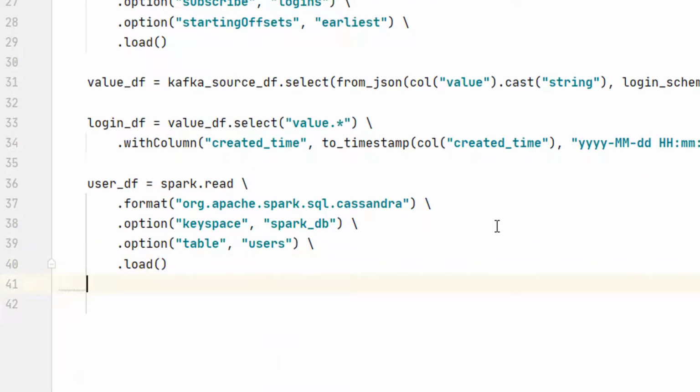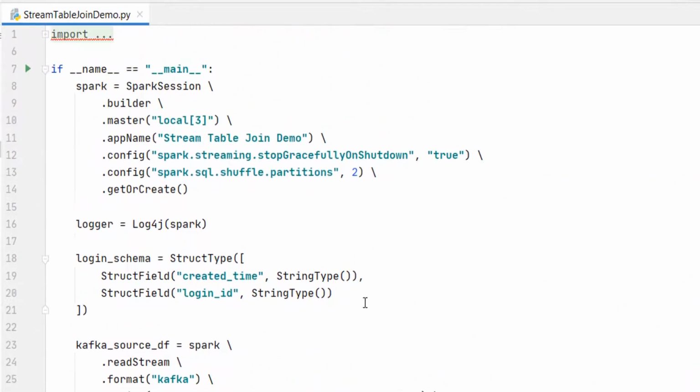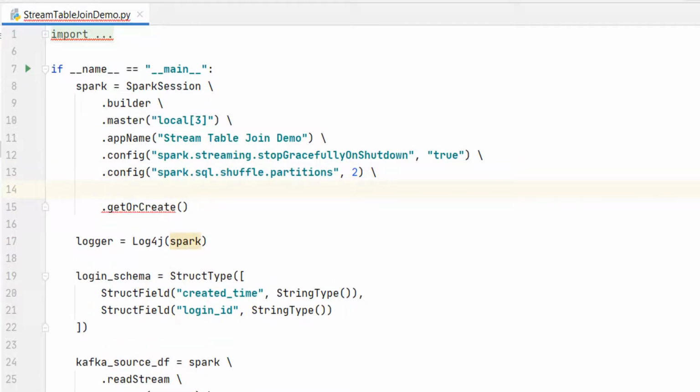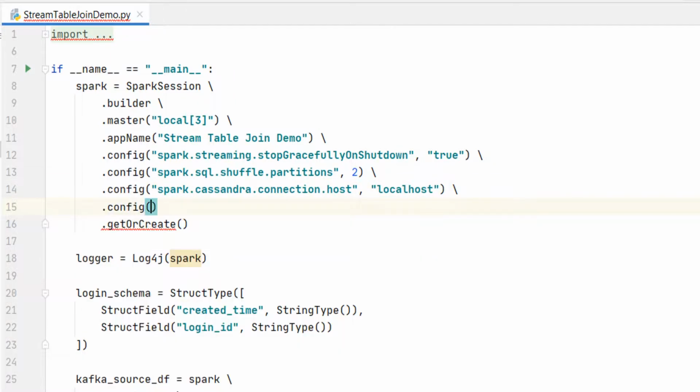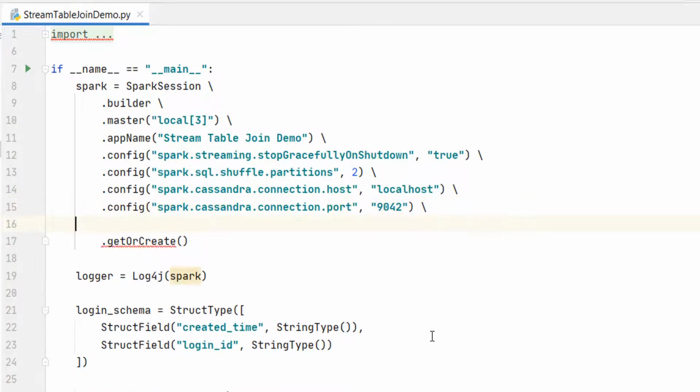However, Spark cannot connect to the database without the connection details, right? You can give connection details here in the options or set it in the Spark configs. I prefer doing it in the configs. Let me do it. We have two mandatory configs, hostname and the port. However, you should also set two more configs.